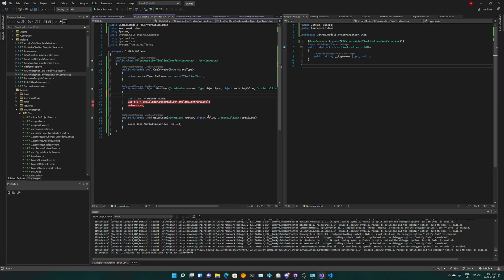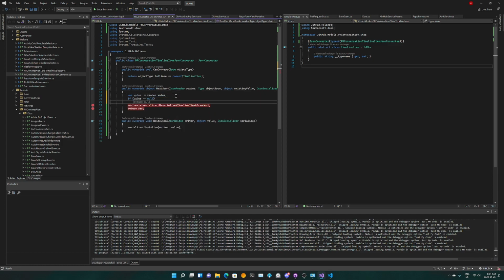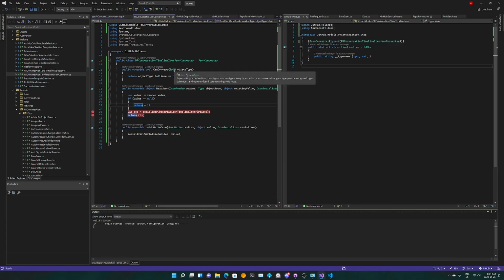Okay, see if we can do this. If value is null, we'll just return null. Basically, I'm not too sure at this point what would happen, but you know.